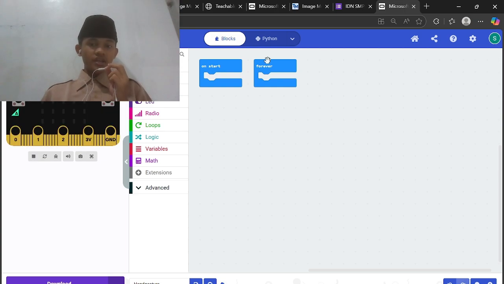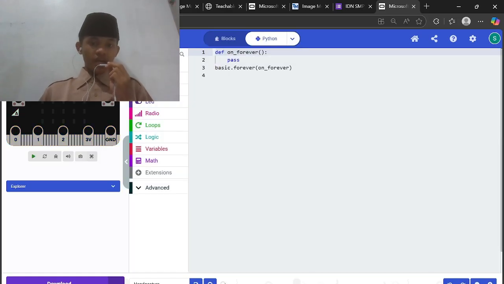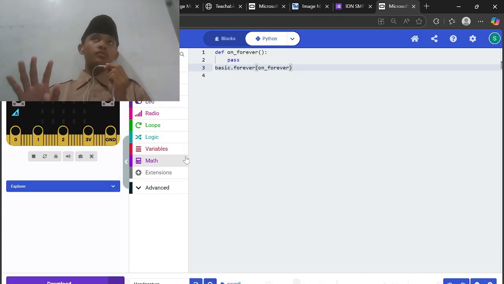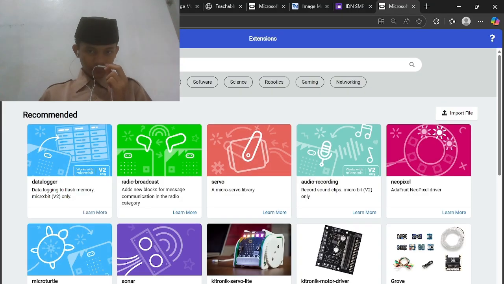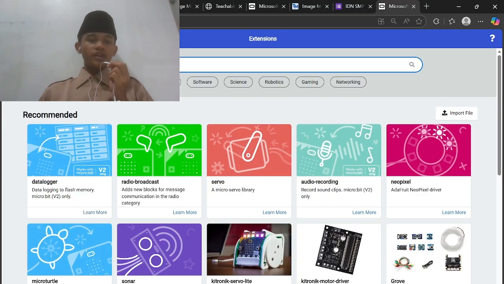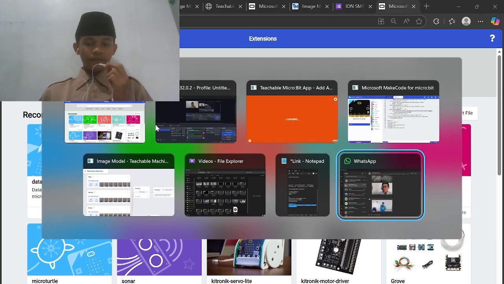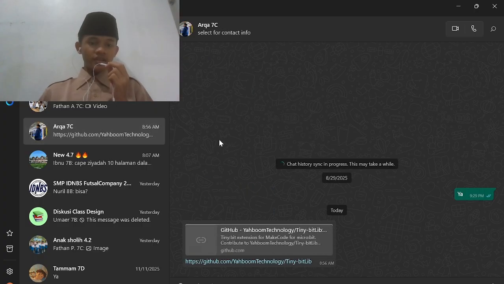After that, you change the blocks to Python, because we will not use block code, but real coding. Before you make the code, you need some extensions. First, go to extensions, then enter a URL.